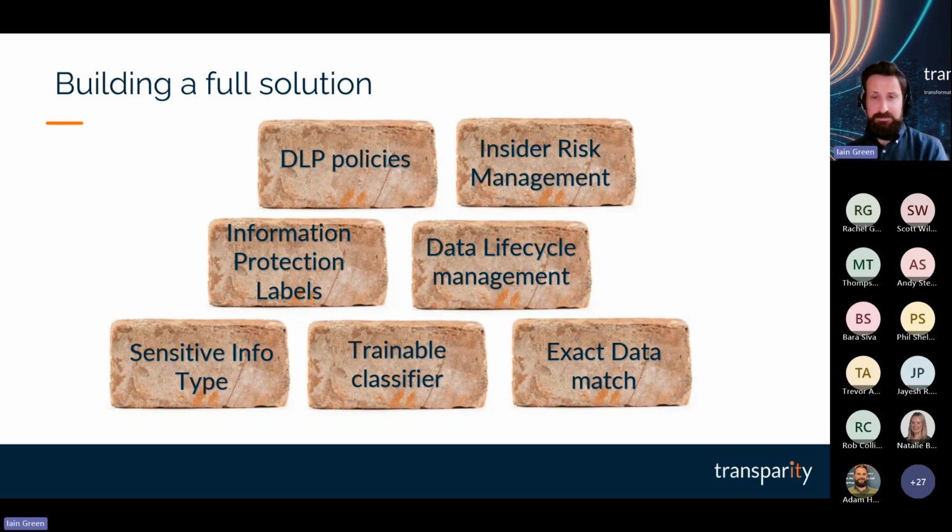And for information protection labels, we look at the classification that you want in your organization. So what labels do you want to publish out to users? The trick I always say with information protection labels is keep it simple, because you don't want too many. Because if you have too many, people will just start picking one at random. So define your label taxonomy, and then if there's going to be any requirements at the more sensitive end in terms of encryption or time-limited access where people have to authenticate. So once you've got those two in place,